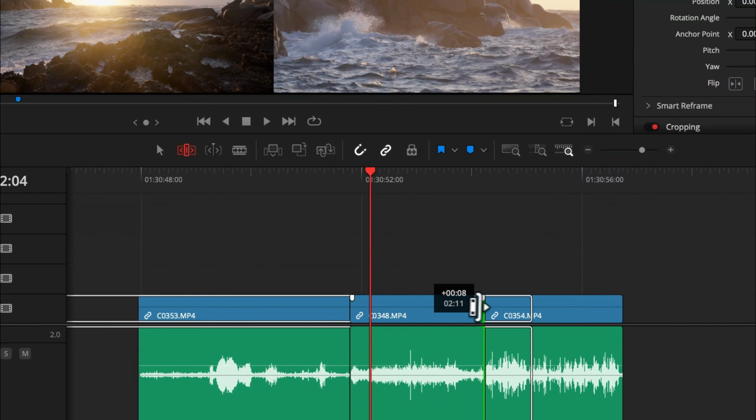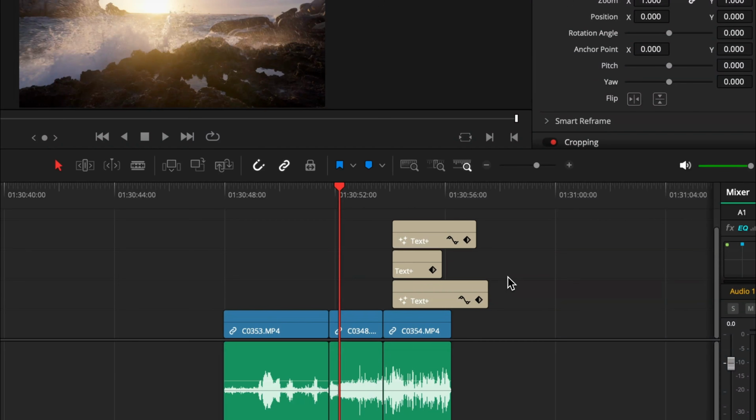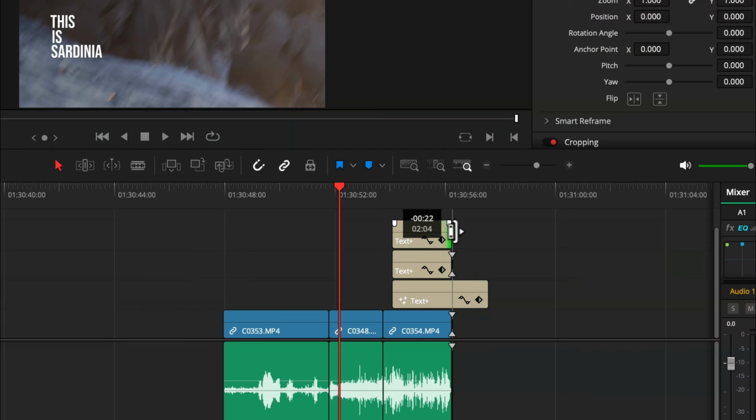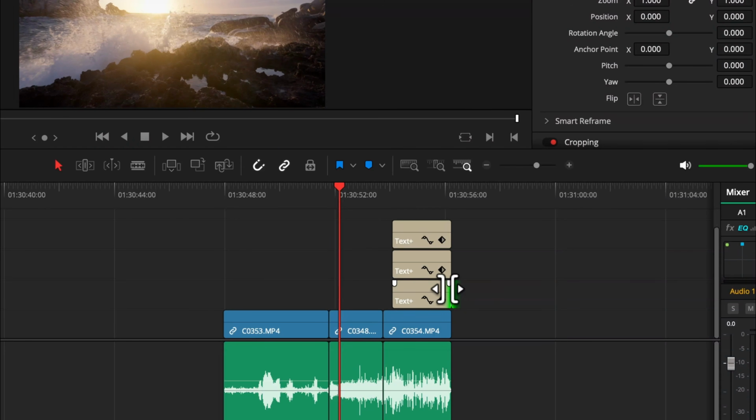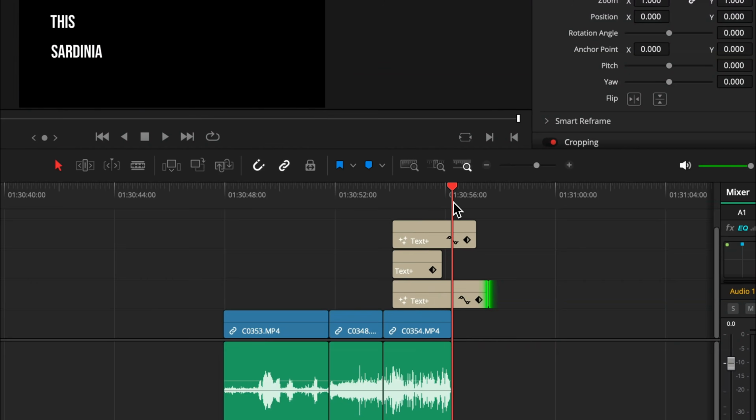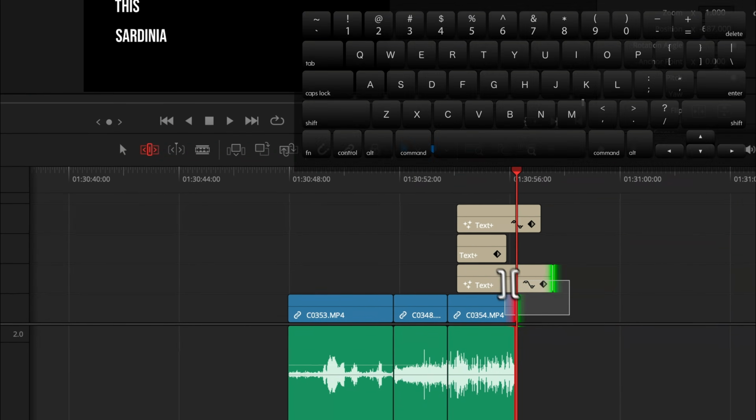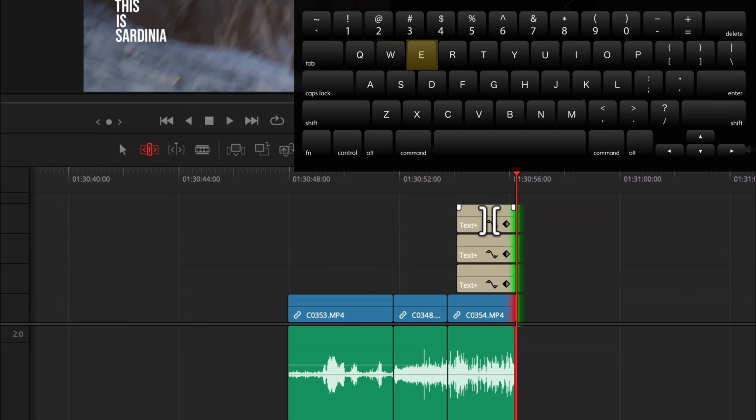I think the most powerful effect this tool has is if you have, for example, multiple text layers and you want them to end at the same time, instead of aligning them manually, just select all of your endings, position your playhead where you want it to be, and just press E on your keyboard and it will get aligned